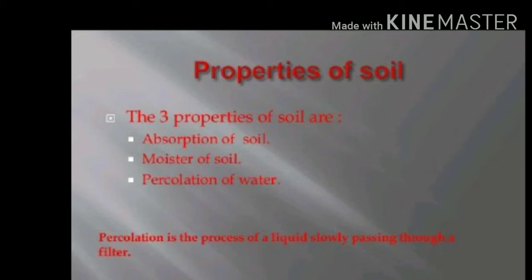Just see, once again we will see the activity. You have to make your teams as A, B and C, and you will be finding out how fast the water passes down the soil. You will need a hollow cylinder or a pipe, and ensure that each team uses a pipe of the same diameter. Some suggestions for obtaining such a pipe are given below. If possible, get a small tin can and cut off its bottom. If a PVC pipe of approximately 5 centimeters is available, very good. Cut it into 20 centimeter long pieces and use them.